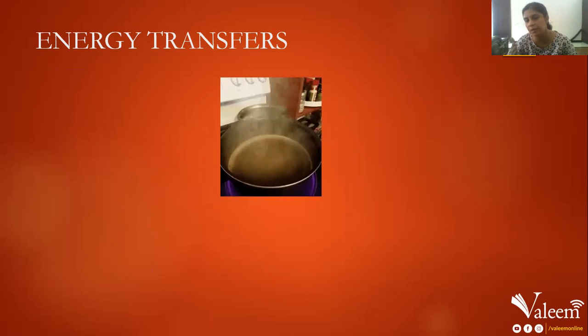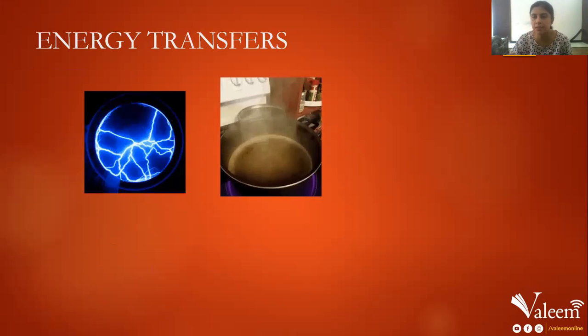Now, for example, if a body or a water body is heated, thermal energy is contained within that body. But what happens if you pick up this pan and keep it somewhere cooler, let's say at room temperature? It starts emitting, transmitting that energy. The energy that's coming out at that time is called heat energy. So this is the difference between thermal and heat energy. Thermal energy is contained within, but once it starts transferring, it becomes heat energy.